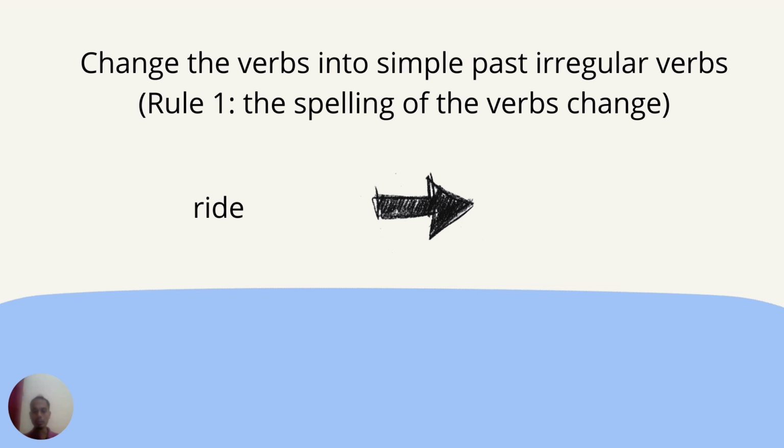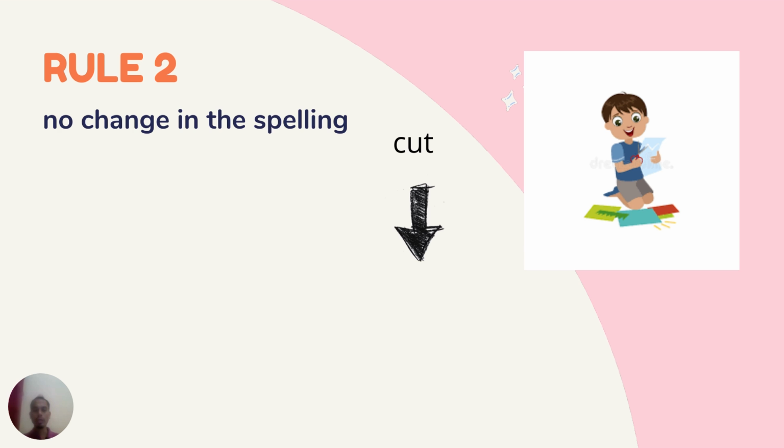Okay, and then the last one is write. So what is the past tense form for write? Very good. The answer is wrote. Okay, wrote. Repeat after me, class. Wrote. Okay, good. We are done with the first rule of the irregular verbs, where we can see the